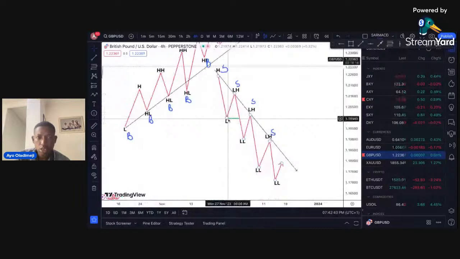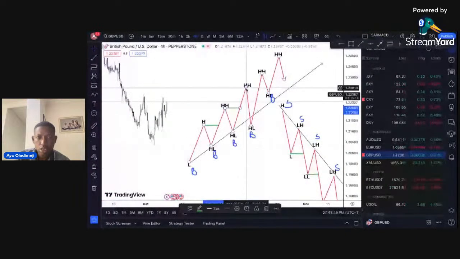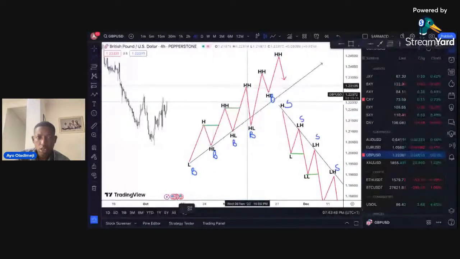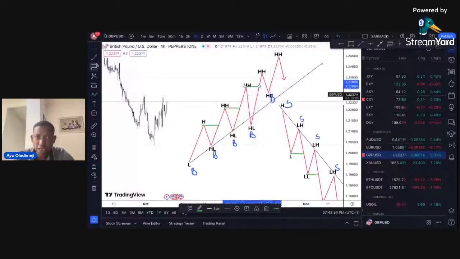The same thing applies to a buy, I mean an uptrend. You want to see price breaking the highs. So when this impulse move from a higher low to a higher high breaks the previous high, you wait for the correction to buy here. Wait for the correction, then you buy. It breaks this high, wait for the correction to the downside, and then you buy. So that is how we trade trend.